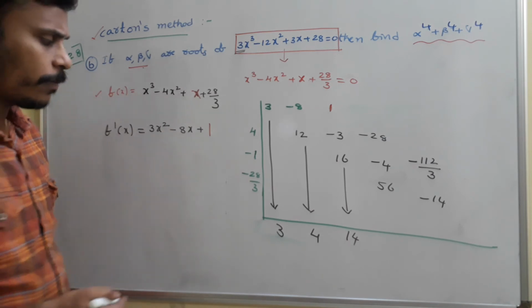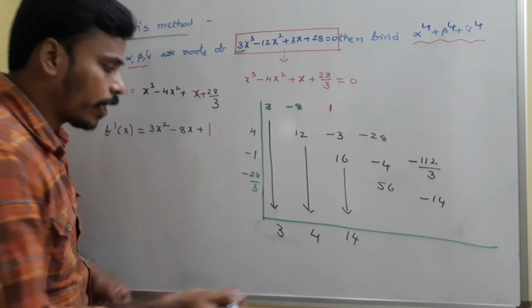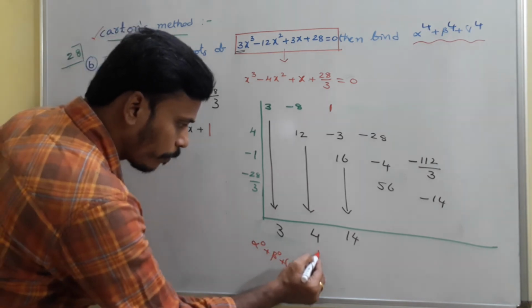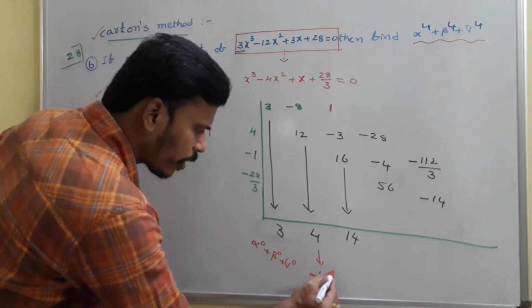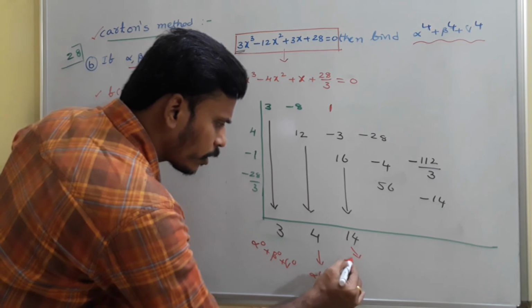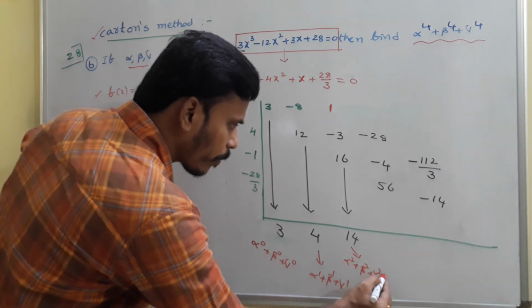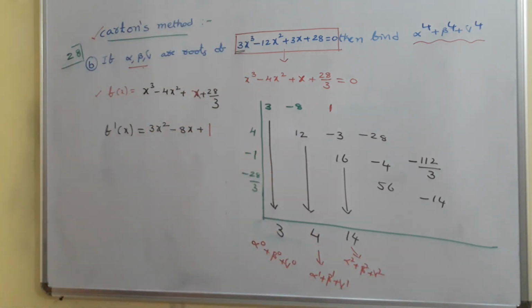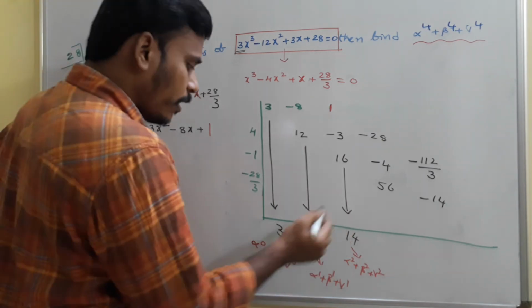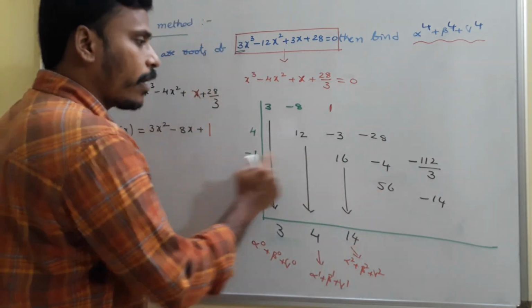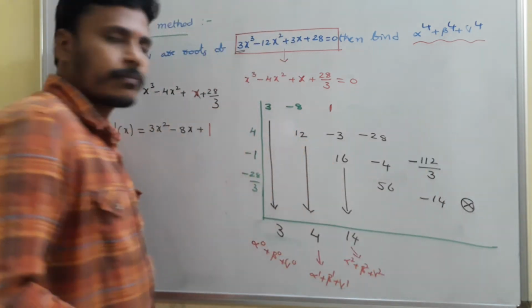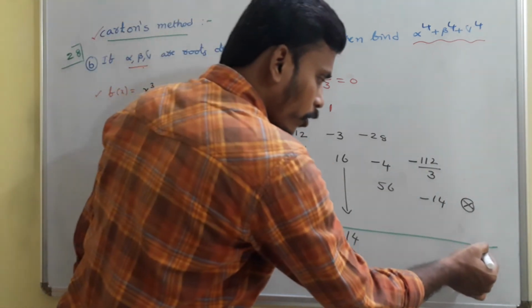Okay, actually what I need, see, as I discussed in the previous case, we know that this 3 will represent alpha power 0 plus beta power 0 plus gamma power 0. This 4 will represent alpha power 1 plus beta power 1 plus gamma power 1. This 14 will represent alpha square plus beta square plus gamma square. This is sum of third powers, this is sum of fourth powers, okay? And the next thing is sum of fifth powers. Actually, I don't need that sum of fifth powers, right? See, 14 into 4 is 56, 14 into minus 1 is minus 14, 14 into minus 28 by 3 is some value. I don't need it, okay? Just leave it, no problem. Because I don't need this particular value.